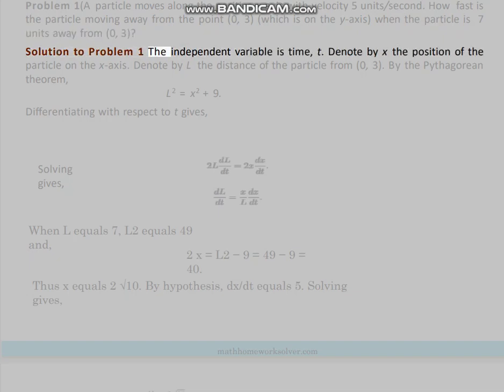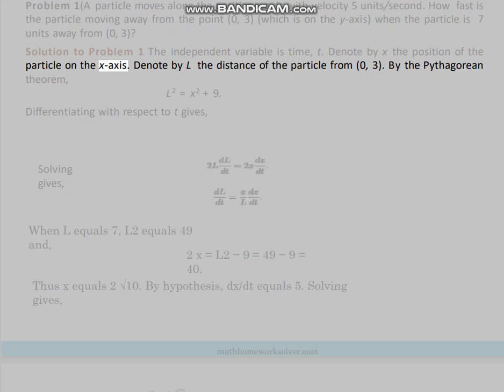Solution to problem 1. The independent variable is time, t. Denote by x the position of the particle on this axis. Denote by L the distance of the particle from (0, 3). By the Pythagorean theorem, L² equals x² plus 9. Differentiating with respect to t gives